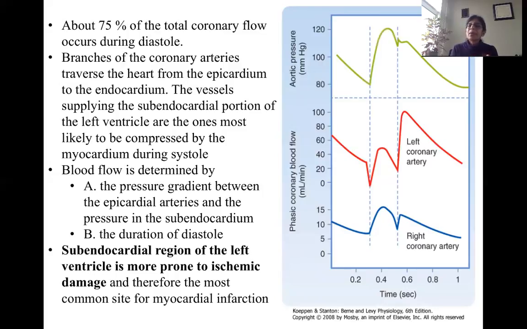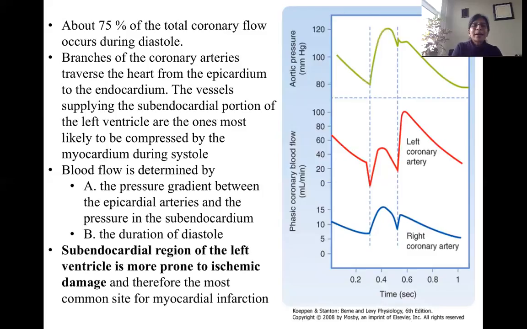Now, what this also tells you is only about 25% of the blood supply occurs during systole. 25% has to be the blood vessels supplying the superficial parts of the heart, and maybe the atria that are not contracting at the same time as ventricles. So those are the parts that are supplied during systole, but not the ventricles because they are in the contracting